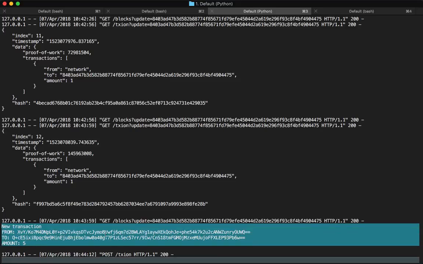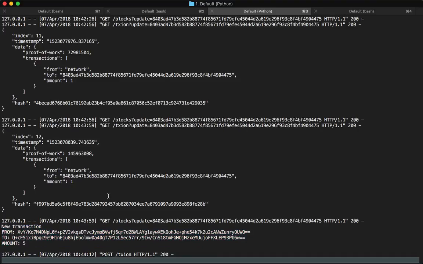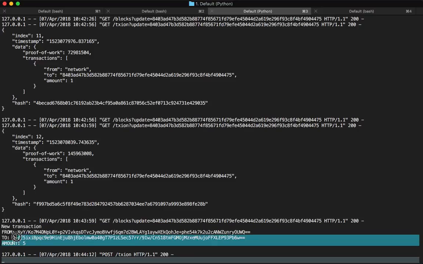While it is being mined, there's a parallel process that checks for new transactions, puts those transactions inside a block, and creates a block. The next block that will appear right now would have 2 things. One is the new currency that was mined, and the second one is a new transaction that just happened. This transaction and new mined currency would be present in the next block. Let's wait and see if it happens or not.